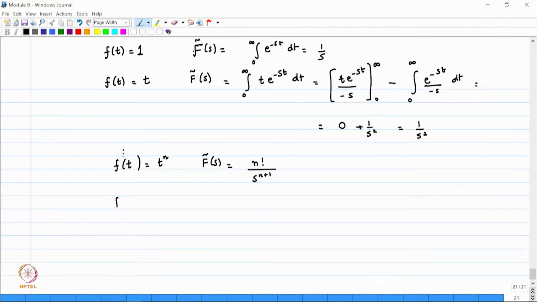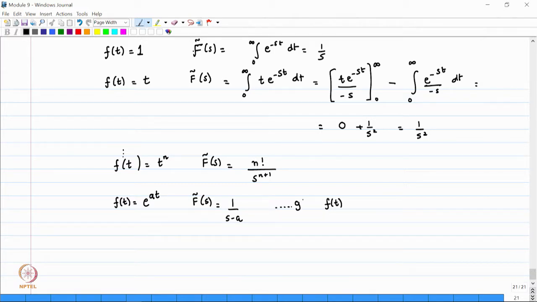Okay, next, what if f of t equals e raised to a times t? Then f tilde of s is equal to 1 over s minus a. Okay, so you have e raised to minus (s minus a) t, and you get 1 over s minus a. Okay. So, in general, if